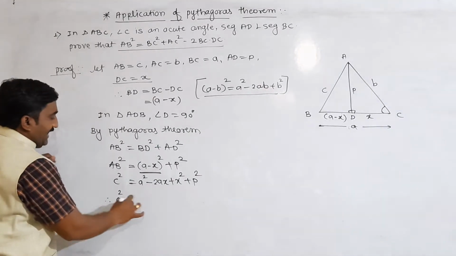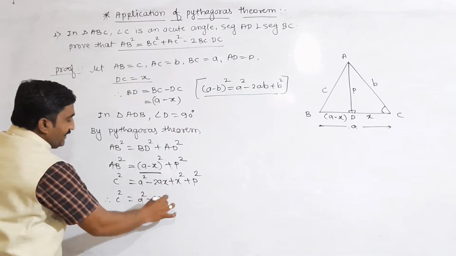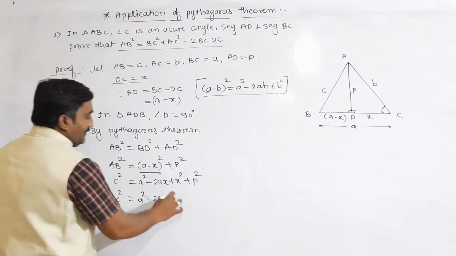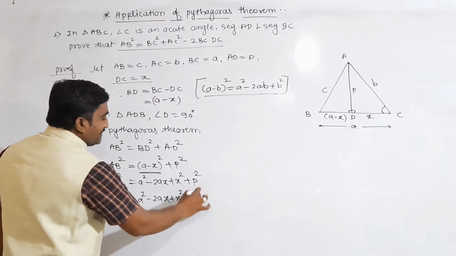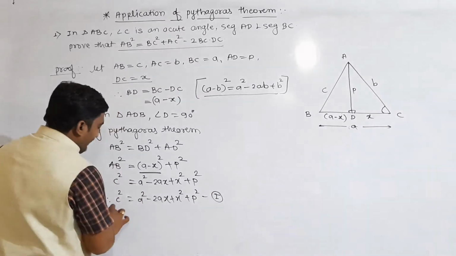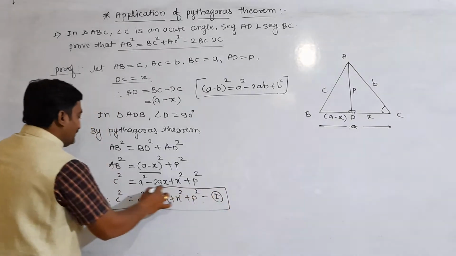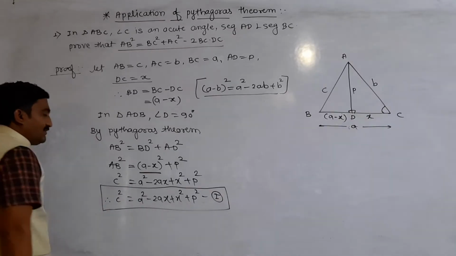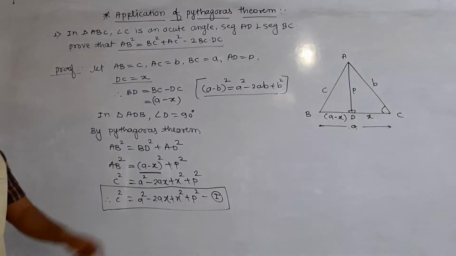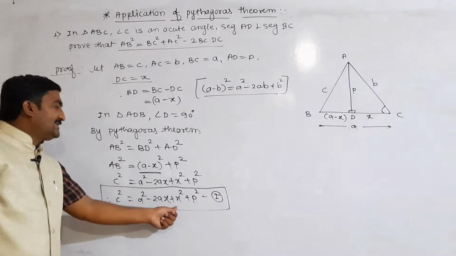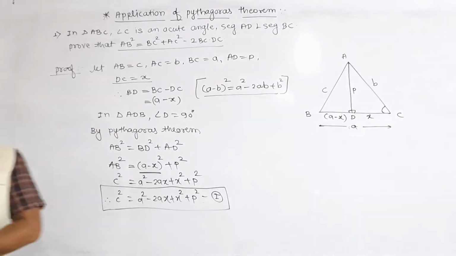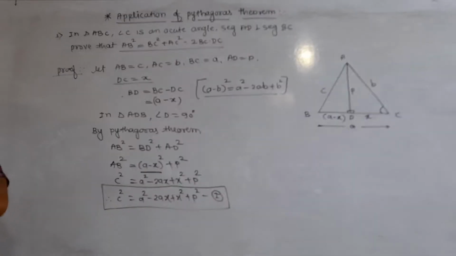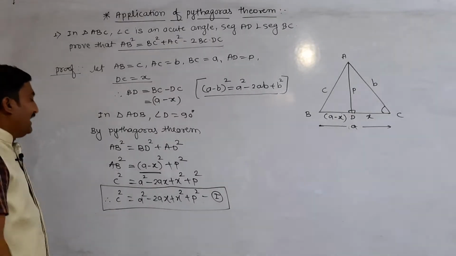Therefore, c square is equal to a square minus 2ax plus x square plus p square. This is called equation first. This is very important. Then, in triangle ADC,